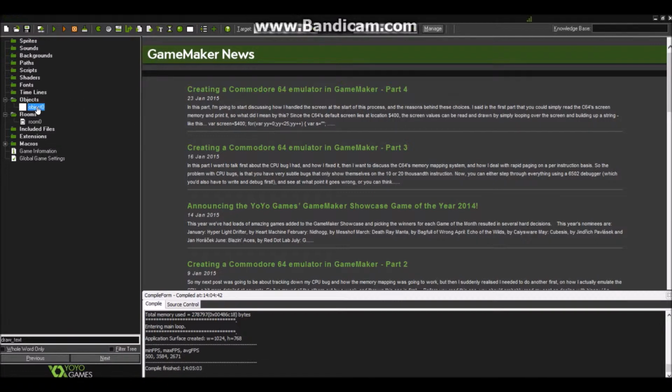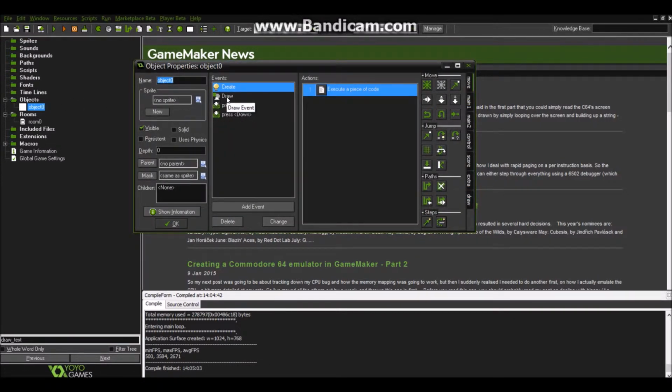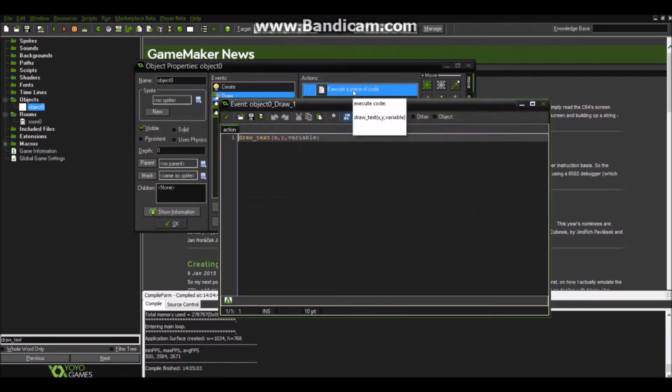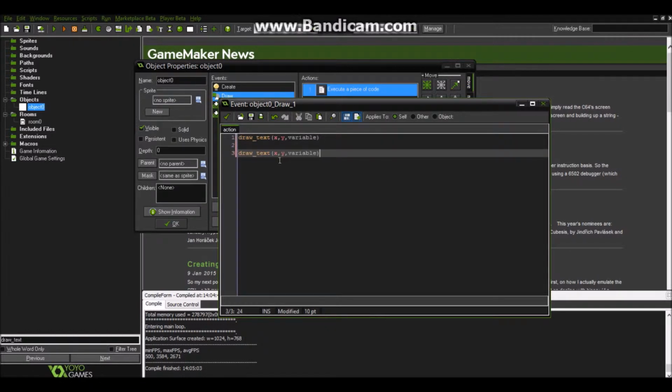To do this, we are going to see the first statement of GameMaker, which is the if statement. Now I open the draw event where my object draws the variable at the position of the object itself. Now let's say that I want to draw the variable a second time to the right of the first text, for example at x plus 60. But let's say that I want to draw this second text only if I have variable equal to 5, for example. To do this you have to write if, open